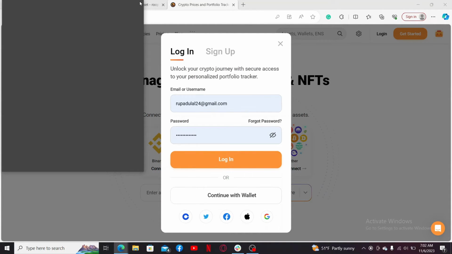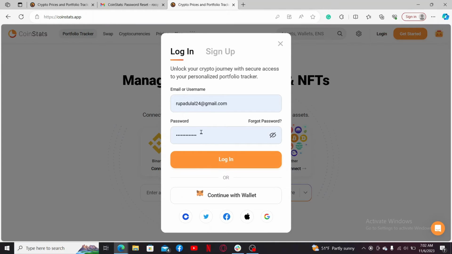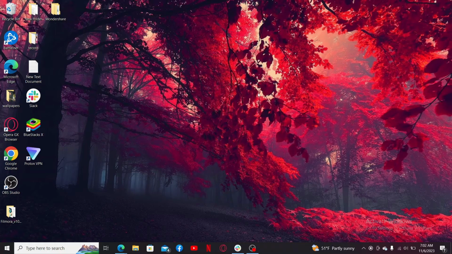Next time you log into your account, remember to enter the new password along with your email address. So that is how you can easily reset to a new password if you've forgotten your password during logging in